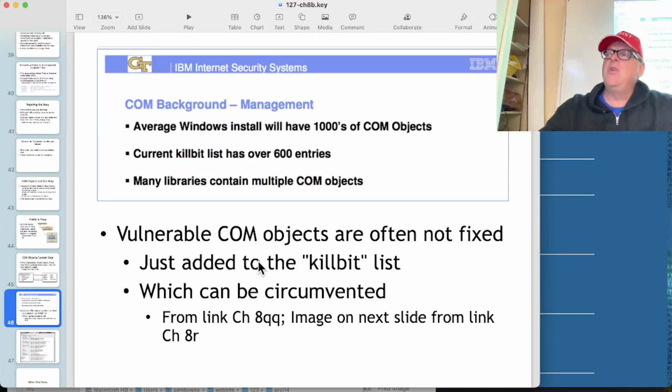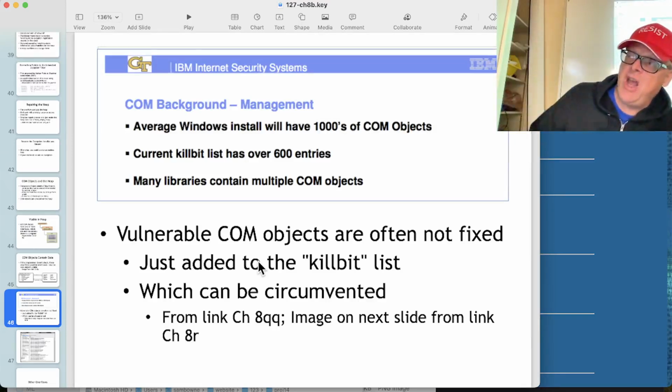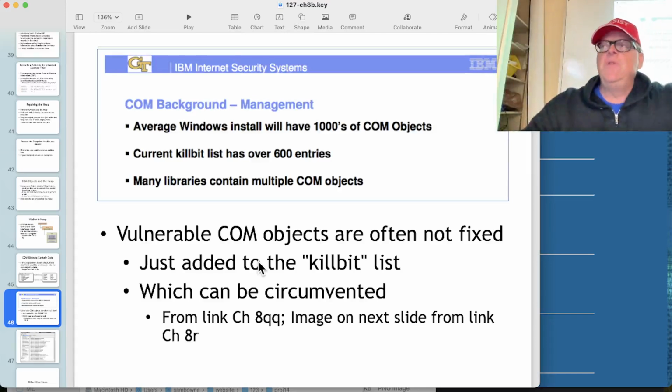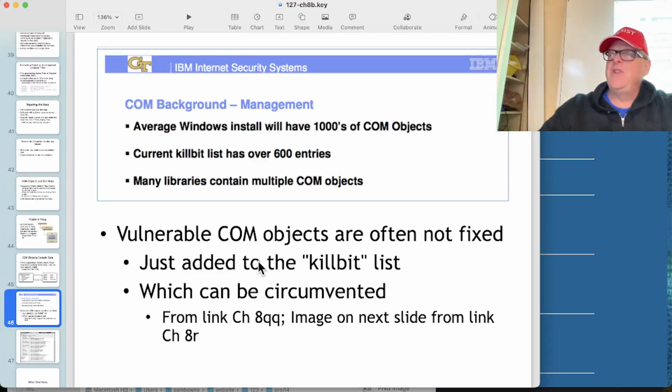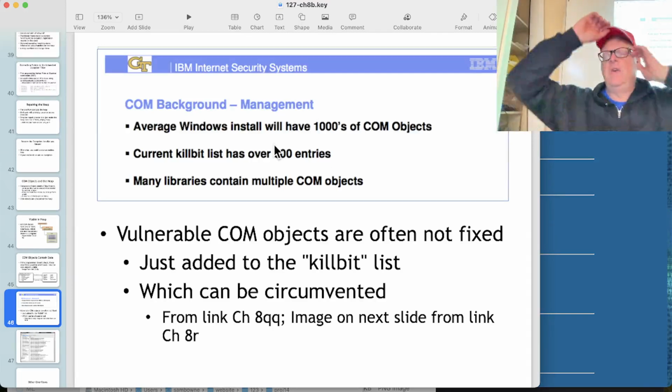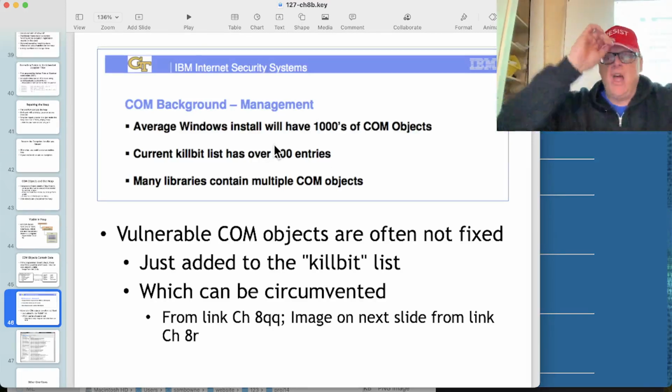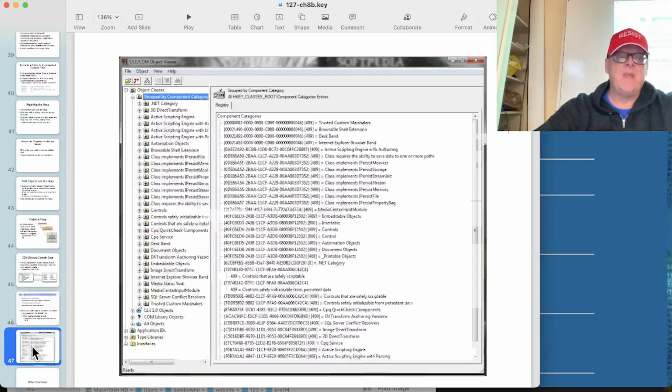And there turn out to be an awful lot of these because a lot of these COM objects are very old, and Microsoft programmers didn't even know what a buffer overflow was until after they wrote Windows XP. So many coders didn't know at that time. So the older software tends to be very vulnerable. So they have a kill bit list with over 600 entries, which are known vulnerable COM objects that shouldn't be used. And you can view it with a tool